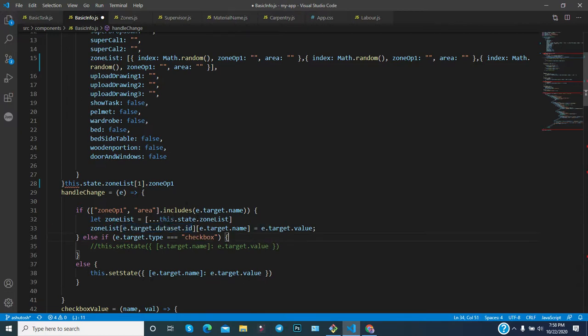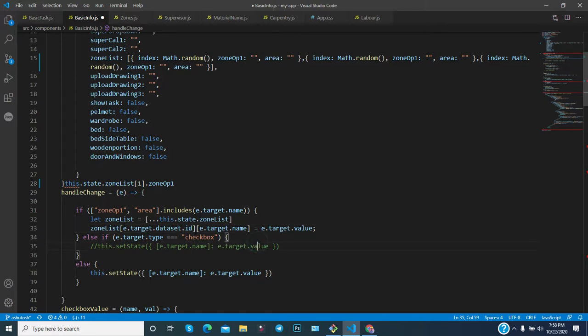You get it dynamically, because each time you make a change, on that change event handleChange will be called, and it will check whether zone of 1 or area is included or not. If included, then you are doing this type of thing.